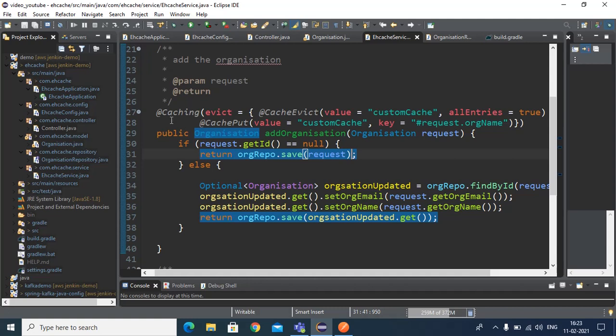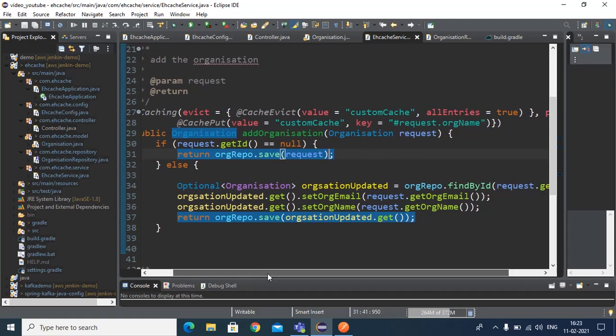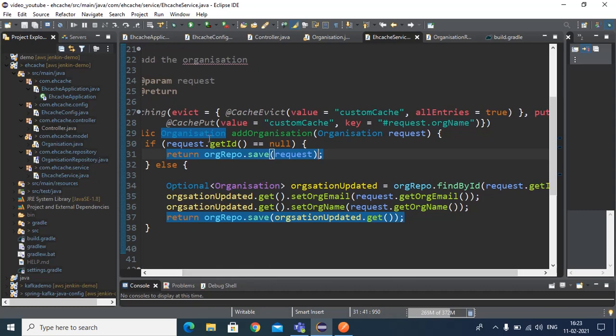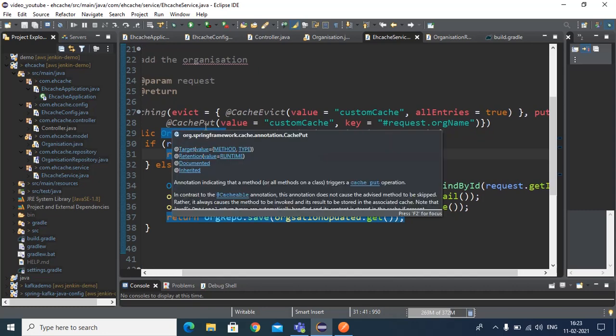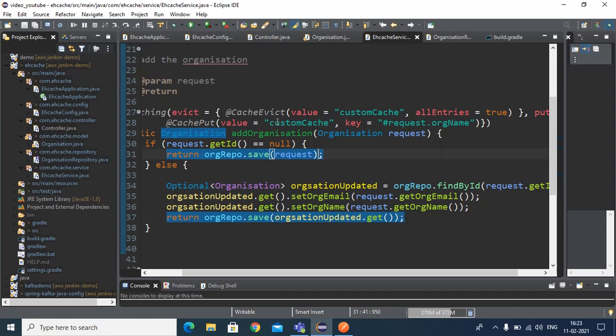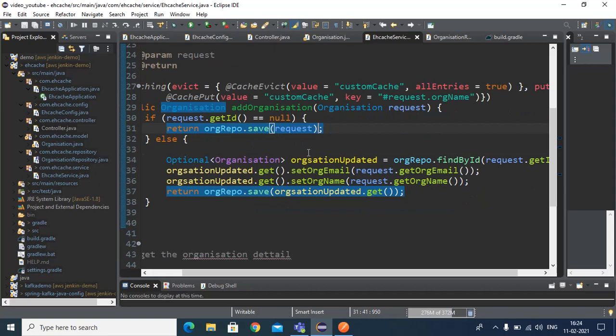So you have to just add these two lines, like I'm adding @CacheEvict, and I'm passing the name of the cache, and I'm passing allEntries true, and another is for updating the cache. So here you need to pass the @CachePut annotation, then the name of the cache, and here I am passing as a key one of the values of the organization object. Then I am saving it. That's it to add the cache